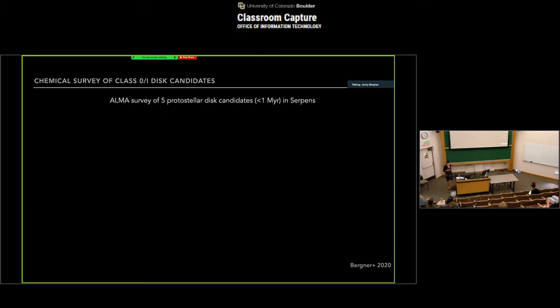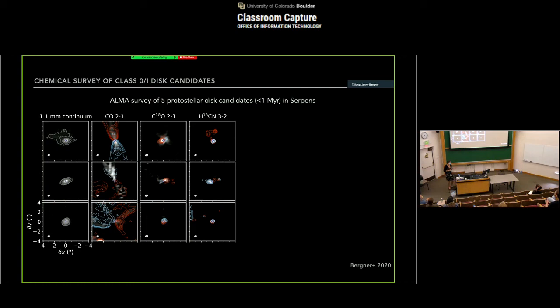This type of observation has been really challenging to do because protostellar disks are still embedded in the envelope. But again, thanks to ALMA, we're getting better at making these measurements. This is part of an ALMA survey of 5 protostellar disk candidates, all less than 1 million years old. Here I'm just showing a couple of molecules toward 3 of them. But you can see that with high resolution and being a little bit clever about what velocities you're looking at, you can actually pick up rotation signatures in the protostellar cores. So we're getting much better at isolating these coherent velocity structures that correspond to emission from either the protostellar disk itself or the disk-forming region.